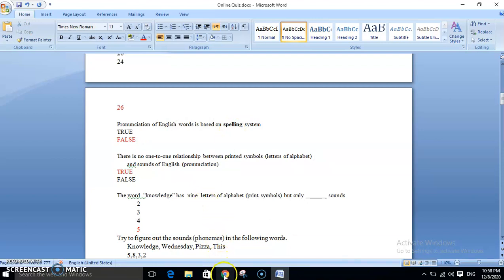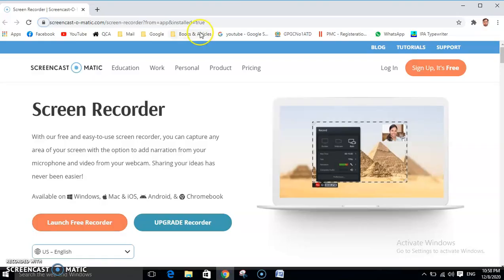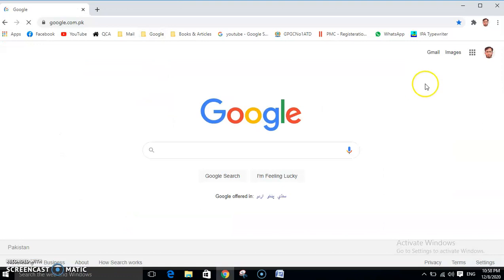So after doing like this, you have to go to Google Drive. Okay, now let me click on the status bar here. Here I go to Google, a general purpose search engine. Okay, so I'm moving to Google. You should be logged in, as you can see here, my picture as well as my email address. So you should have a Gmail account and you should be logged in.